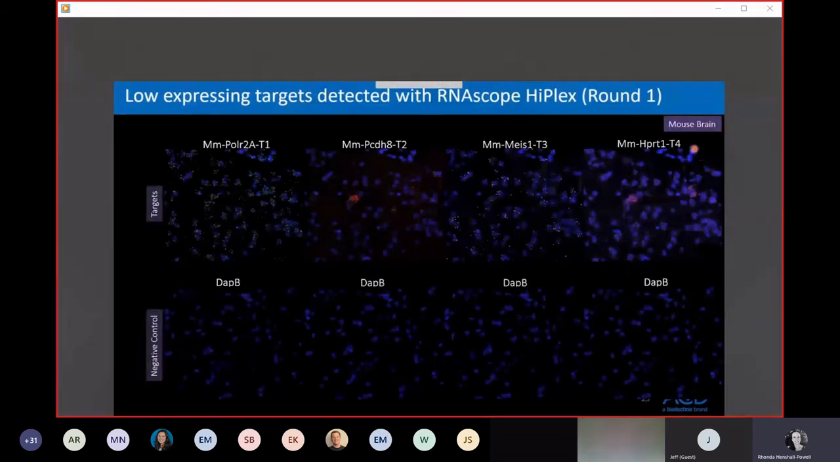Here are some examples of relatively low expressing targets in fresh frozen mouse frames. This is Polr2a, Ubc, Ppib, Meis1, and Hprt1. We recommend to detect your lowest expressing targets in round 1. The reason is this gives you some insurance against background creeping up throughout the course of the assay. So detect your mid-level expressors in round 2 and leave detection for your highest expressing targets in round 3 to